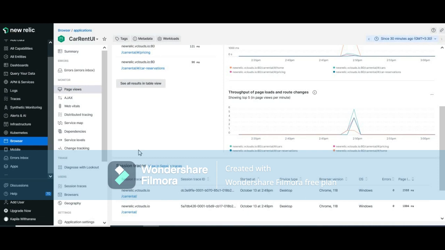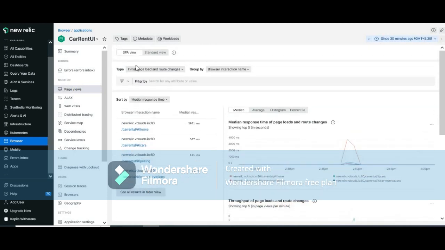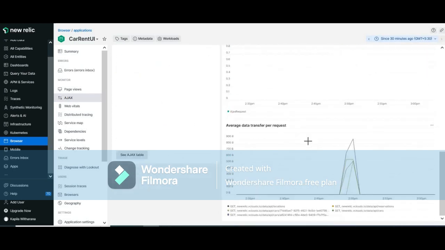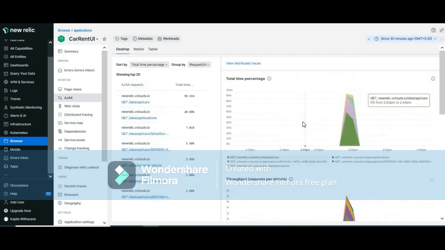Here you can see session traces as well, and all browser interactions, as well as the median response time of page loads and route changes. So here under Ajax you can see all the metrics relevant to Ajax calls, because here we are using Ajax to load dynamic data to the front end, and so you can get the stats relevant to Ajax under these sections. And so under distributed tracing